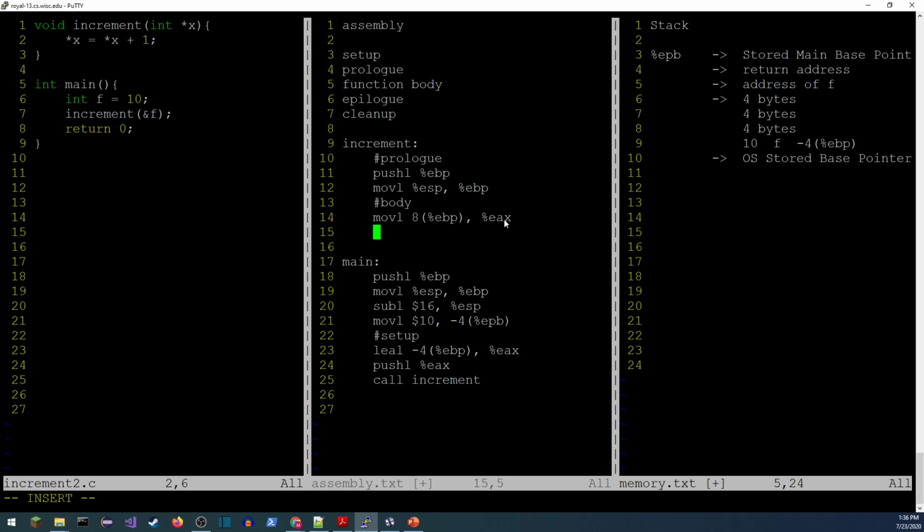What I'd really prefer is I want the value because I need to add to it. I need the 10, not the address. So to get that, I'm going to use move, and I'm going to get the contents of a memory location. The memory location is stored in EAX. I'm just going to use the parentheses to say go get that number, and we'll go ahead and store it right back in EAX again. So right now, before we execute this line, EAX holds an address. After we execute line 15, it'll hold the 10. I hope that makes sense.